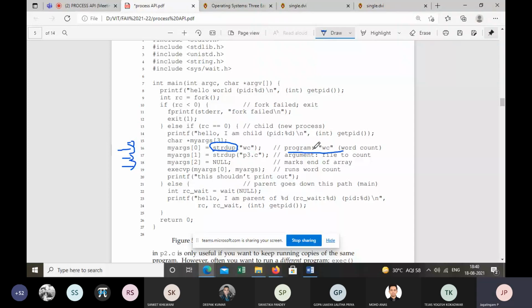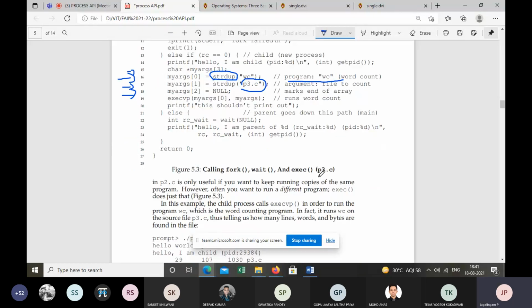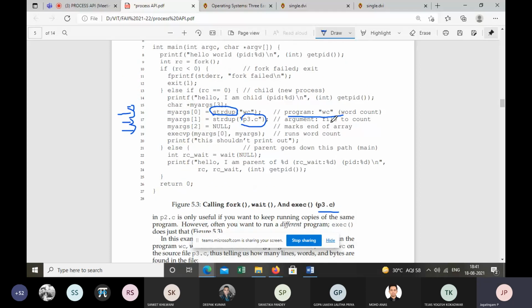Now in the next line, line 17, in the parenthesis we used the name of the file, that is the name of the code, p3.c. This is the file to count. You need some file to count the number of words, so in order to count that, we need to pass a file name.